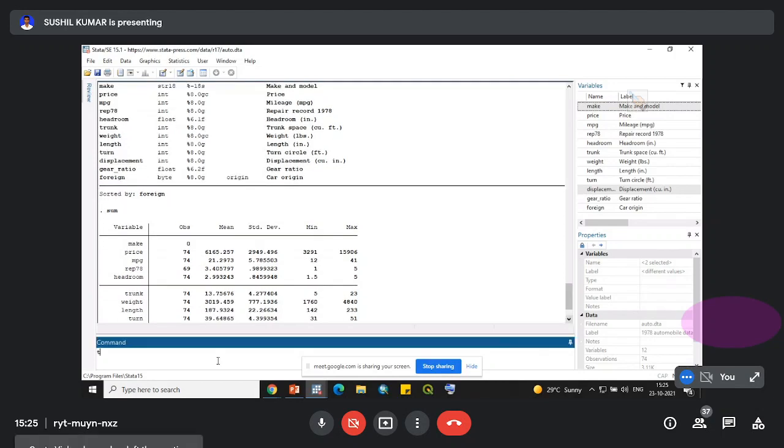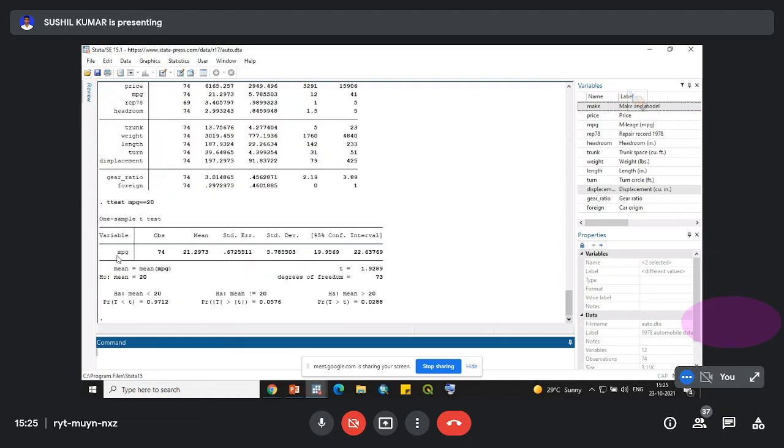So we use the command ttest mpg == 20 and press enter. This is the result that Stata will display for you. First of all, the total number of observations is 74.